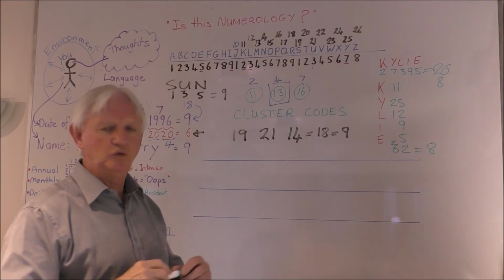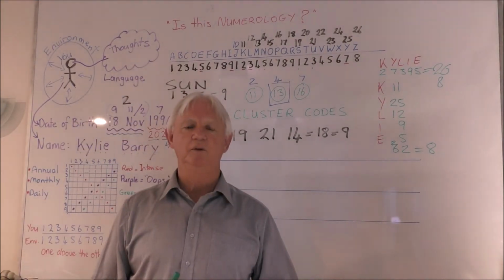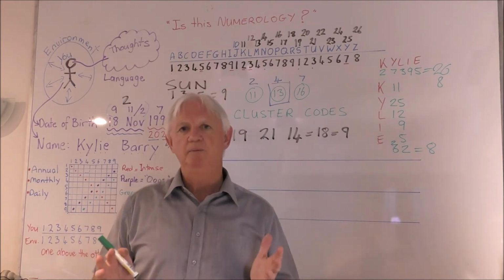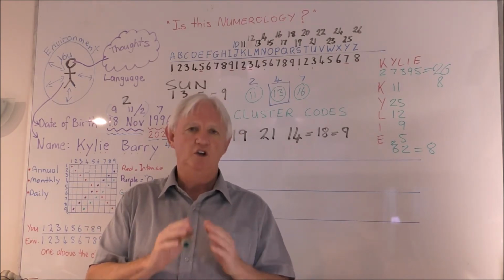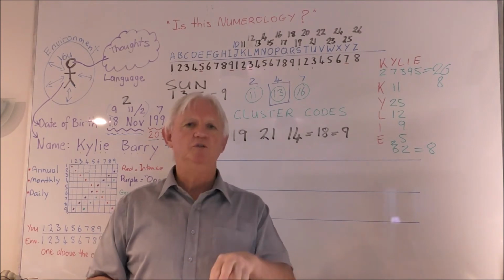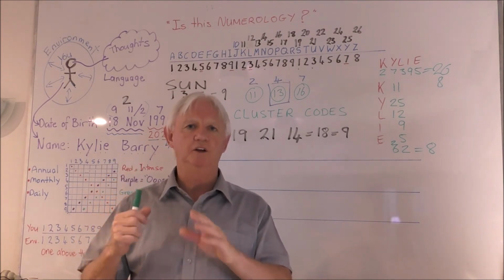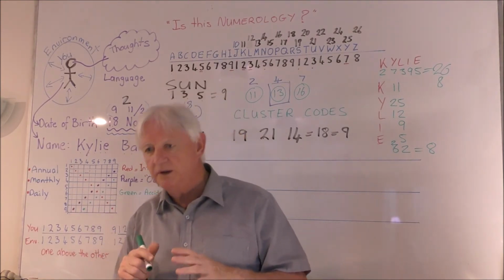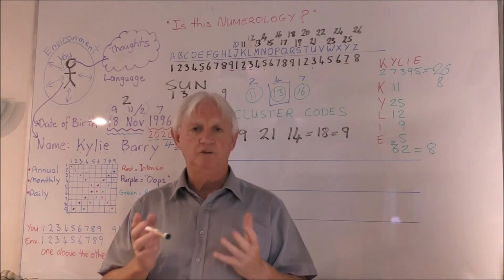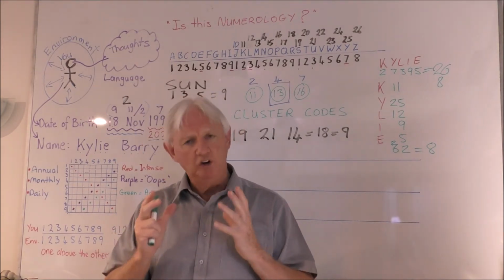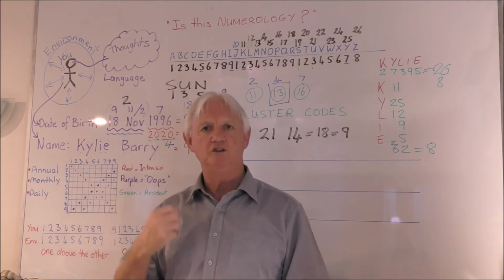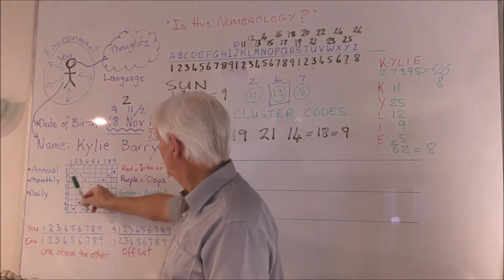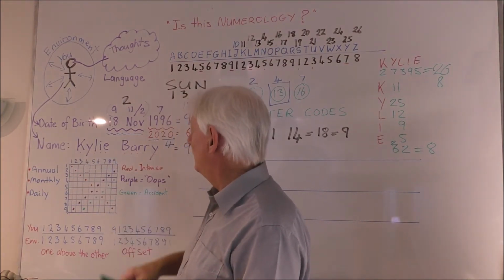So it doesn't matter which way I put numbers together with the letters, they will still come to that same final digit. Now, this means you can't manipulate things to make them work for you. You're just looking at them deeper. So the deeper you go in this particular subject, you're going to find out that you can look at a person's personality makeup, because I go into areas of the brain. I've got placards to hold up, and the human brain and parts of the brain that have all of this functioning going on inside. That enables you to think. Down here, it's almost like I've got a ready reckoner.